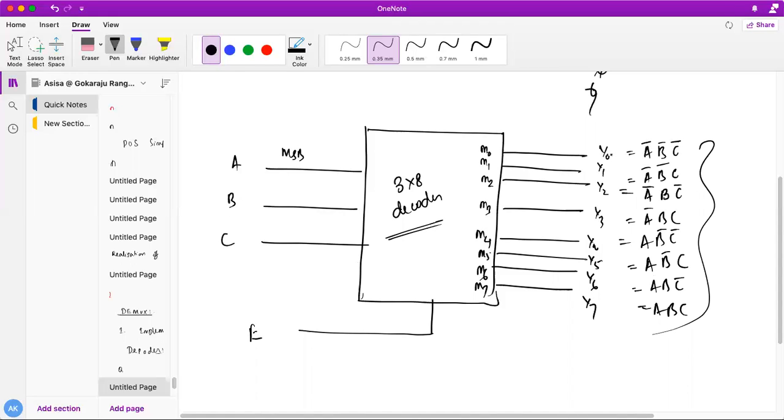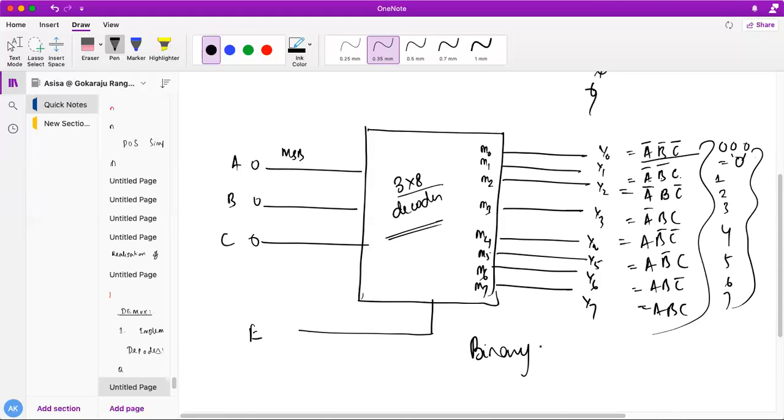So see here, these are nothing else but binary numbers. So how is it octal? I am giving 0, 0, 0. Obviously, what will I get over here? I will get A bar, B bar, C bar. So that is 0, 0, 0, and I will be getting here octal 0. Similarly, if I give 0, 0, 1, I get octal 1. Am I correct? Like this way, it generates 1, 2, 3, 4, 5, 6, and 7. All octal numbers it will generate. So that's why the 3x8 decoder is also called a binary to octal decoder.